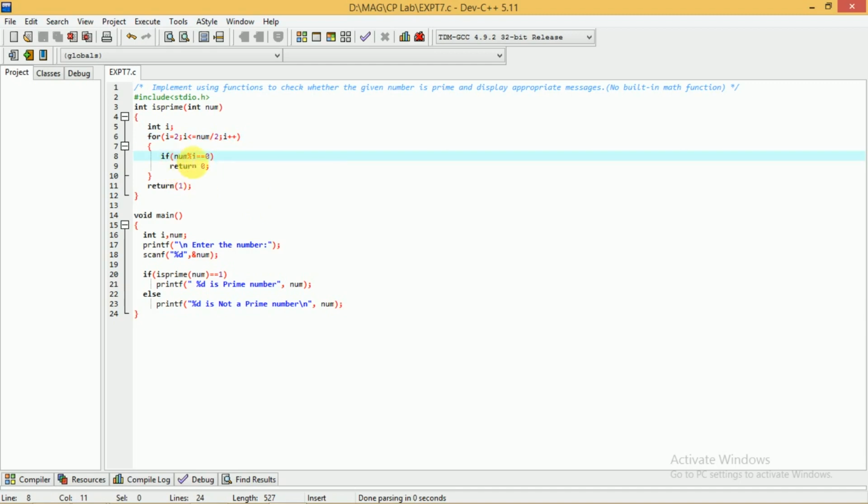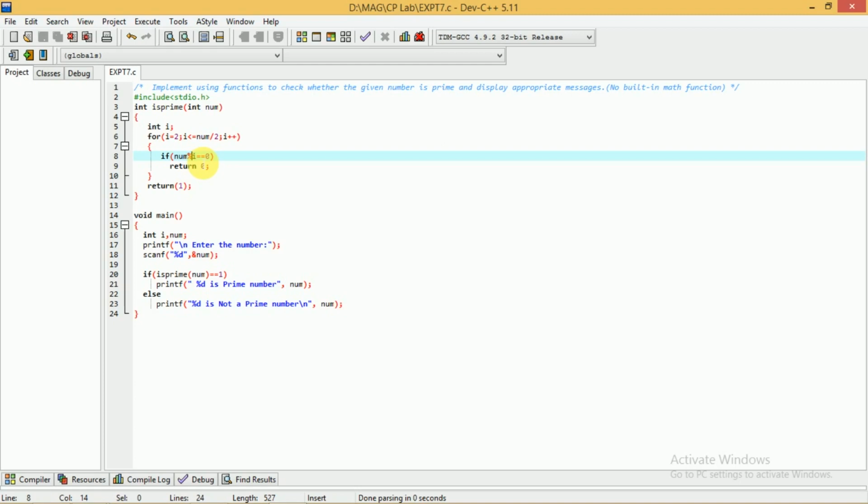So what we have to do here, we have this if statement, if the given number, that is num mod i. I think I have discussed the difference between mod and slash. When you use the division operator, it gives you the result, but when we use the mod operator, it gives you the remainder. When a number is divisible by another number, the remainder should be equal to 0.